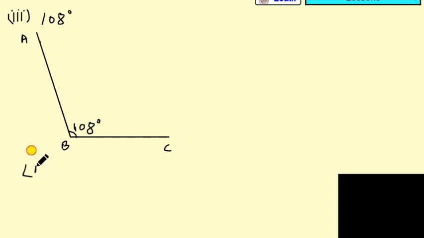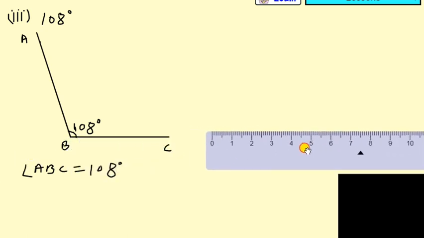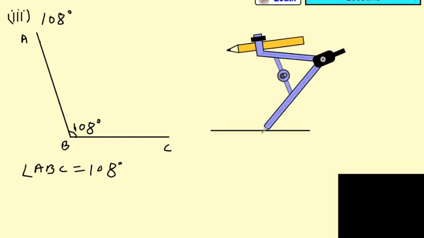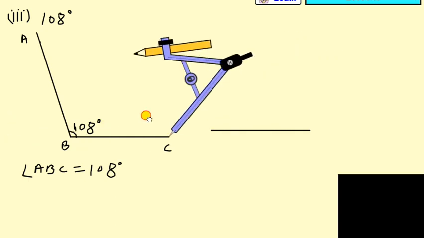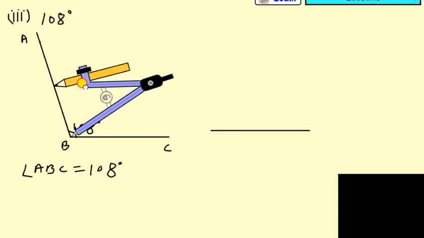So you can see here how you can do it. It is 92 degrees. You can measure with the help of the protractor, and it will be your 92 degrees. So you can see very well. It is very easy to do this. Now come to the next part of this question.